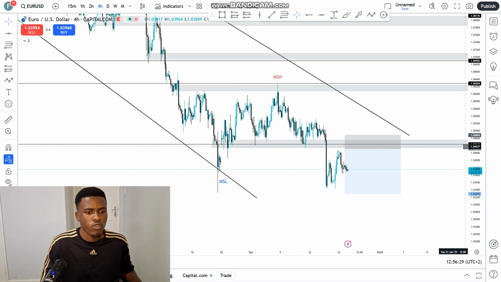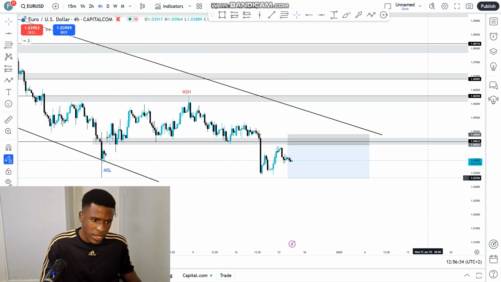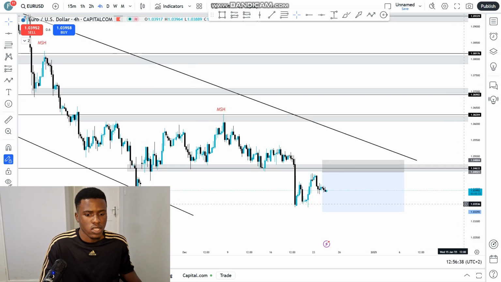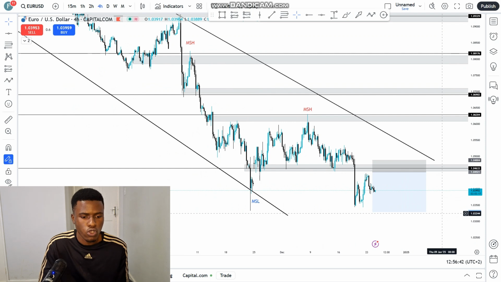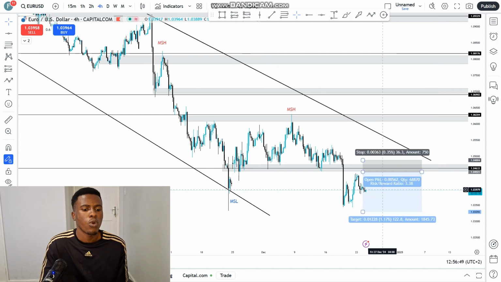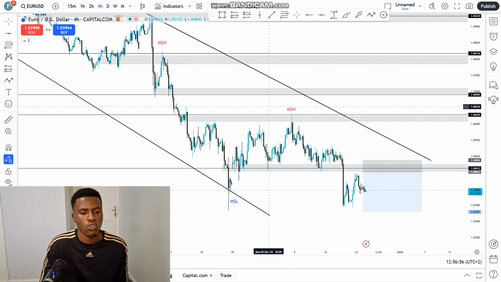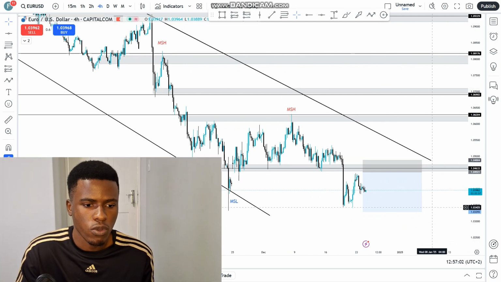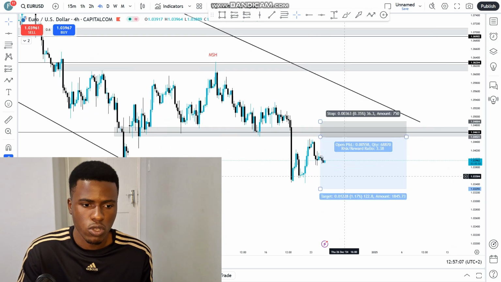And then moving on to another currency pair, which is the Euro USD. Like I said, going back to the first one that we analyzed, the DXY. The DXY has a lot of power at the moment, and usually the DXY also trades off how other currency pairs are doing, how its competitors are doing. So at the moment, when you see the DXY going to the upside, usually most of the time these other currencies right here, like the euro or the CHF, will not be doing so well, right? So I'm still expecting a continuation to the upside.